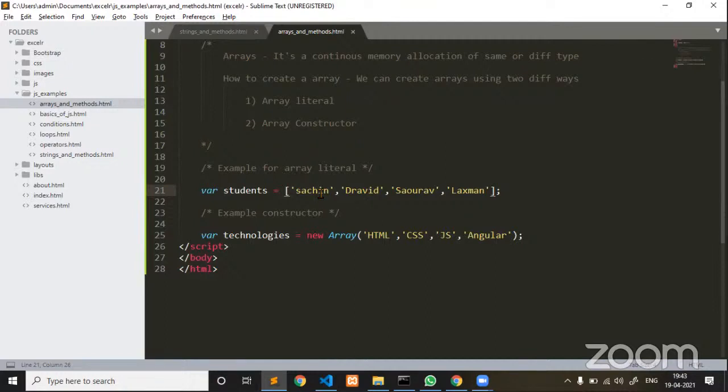When we are storing, we should also be aware of how we are going to retrieve the values from an array. So if you are saving money in your bank, you should also know how to retrieve it to make use of that money. If you don't know how to withdraw from your bank account, there is no use in saving the money in a bank.